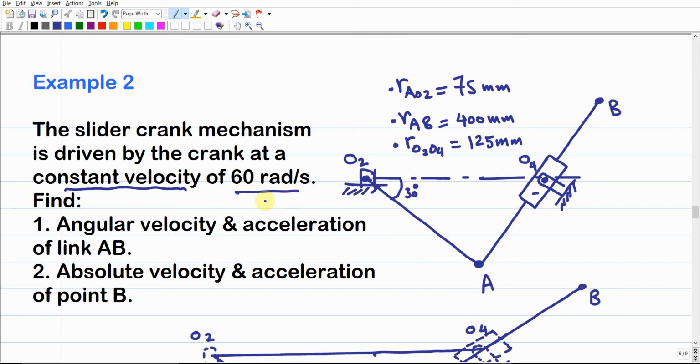Radian per second indicates this is angular velocity, and there are some requirements. The key point here is that the direction of omega 2, which is this angular velocity, is given in this direction. It rotates in the counterclockwise direction, and it is required to find the angular velocity and acceleration of link AB. In addition, the angular velocity and acceleration of point P. Okay,